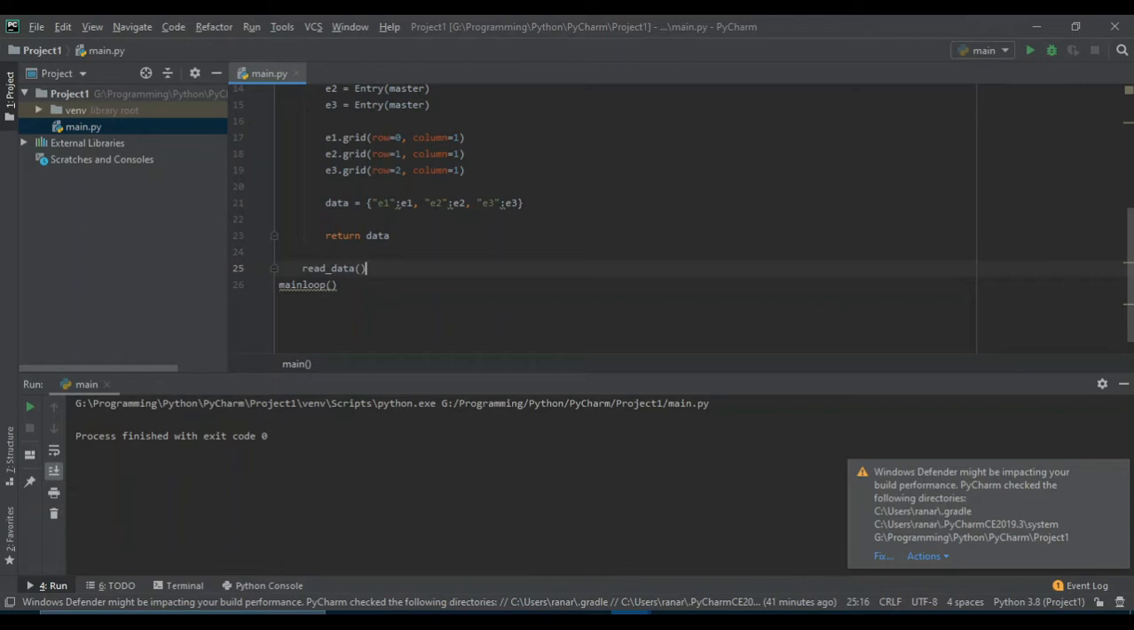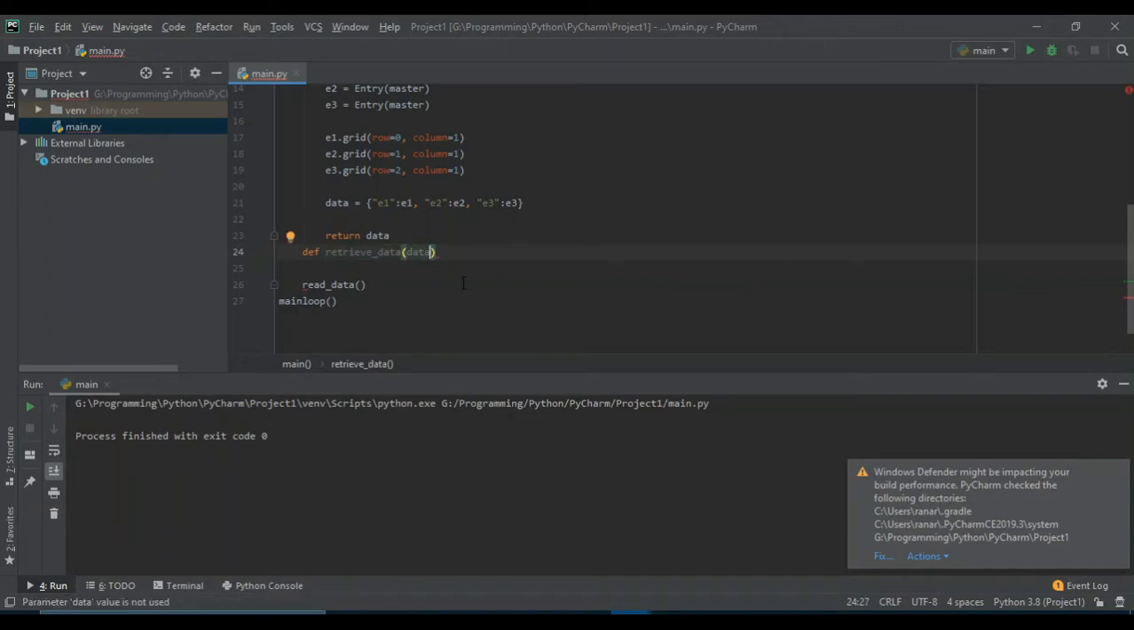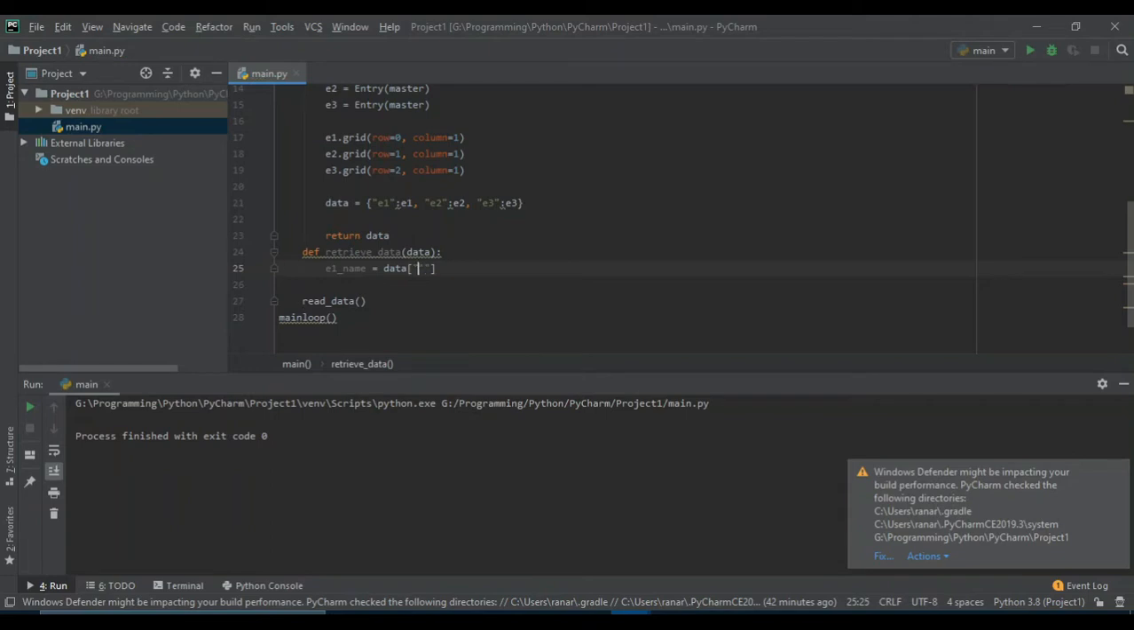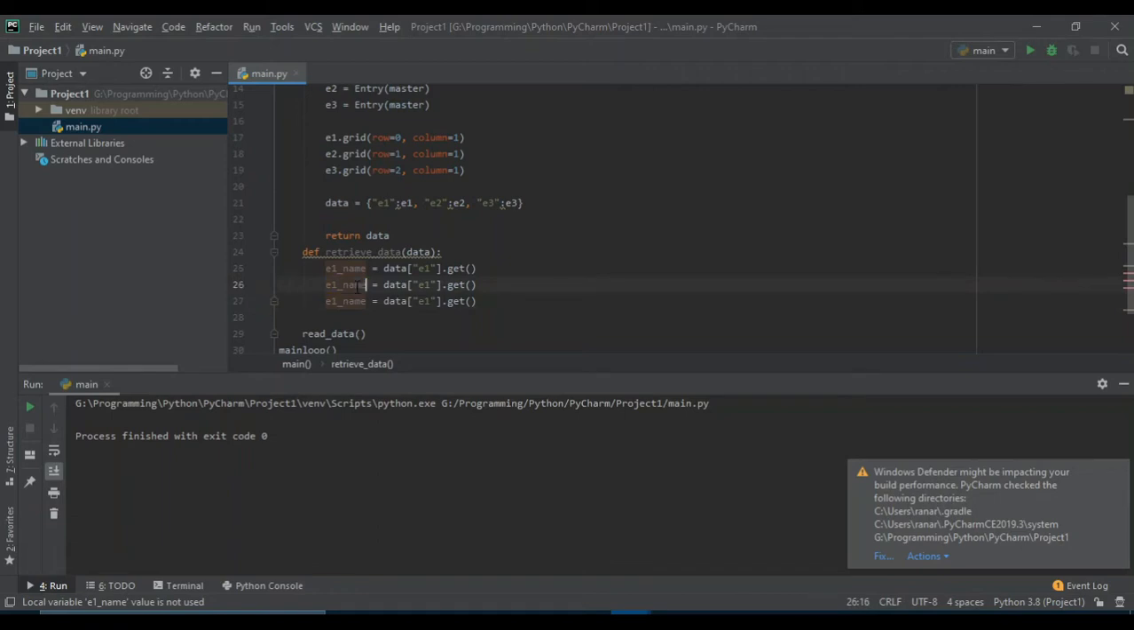Okay, now we will make one more function to retrieve the data from the entry box. So let's name it retrieve data. Here we will pass the data, and e1.e1_name, here data and e1.get, roll and subject,